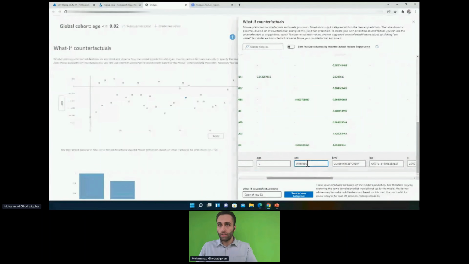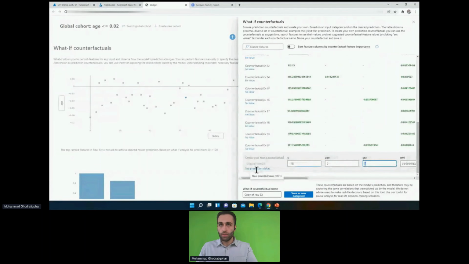If I put 0 on this one, it was 188 and now it is 186. So on the fly, by changing any feature values here, the prediction changes. And with those data points, we can save them and probably later plot them to see, as a person with domain knowledge, as a data scientist who has been hands-on with the solution, whether the way the model is interpreting the data makes sense or not. Is it aligned with the guidelines that you have defined for your principles in responsible AI or not?